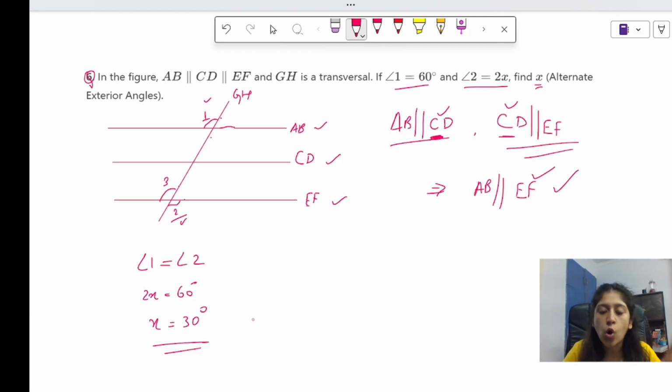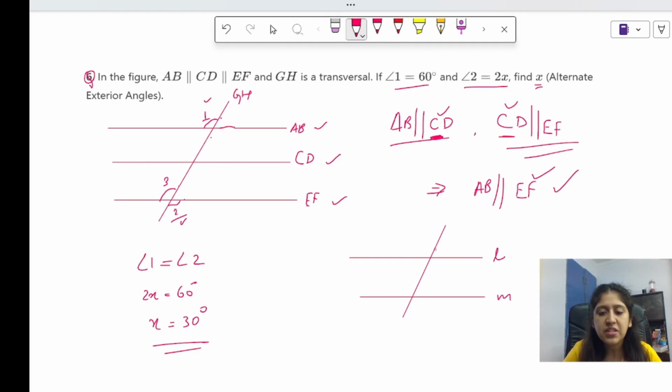The point was not to solve. The point was to actually make you revise what are alternate exterior, what is alternate interior, what are consecutive interior. I hope the concept is clear. Okay? If you want, I can actually make you learn a trick also. Okay? If we have two straight lines, I'm sorry, let me make it a pretty good straight line. Alright, and I have a transversal. Alright, and I'll name them as L and M.